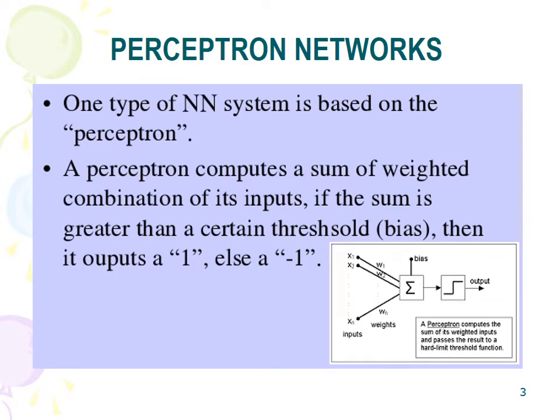One of the networks is the perceptron network. This type of perceptron network is one of the types in neural network systems. Here the perceptron computes the sum of the weighted combination of inputs, where x1, x2 up to xn are the inputs and w1, w2 up to wn are the weights. It will compute with the help of the bias value, which is the added value, into the summation. For example, this is the summation network. Here the weighted inputs will be calculated and the output will be specified with the help of the bias value. So if the combination of inputs and its sum is greater than the threshold value,